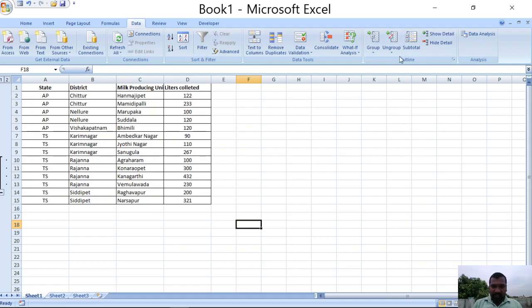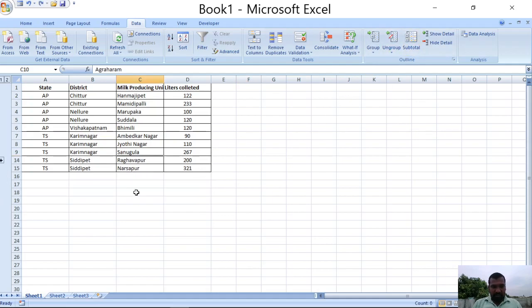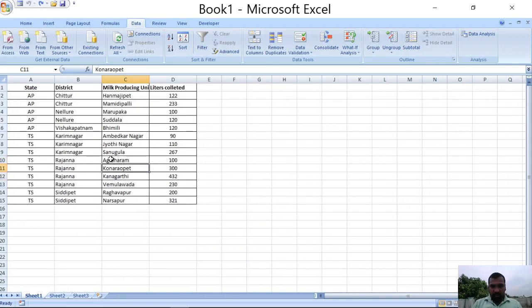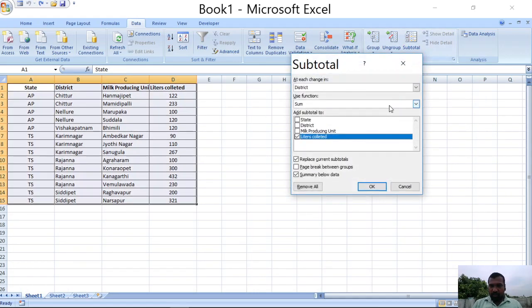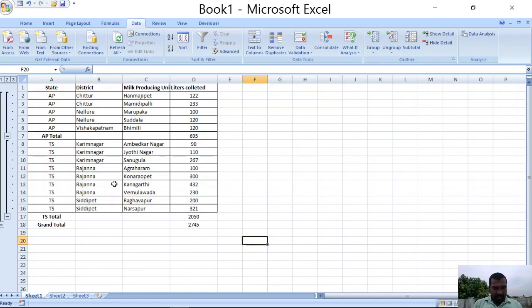If you want to display the subtotal, click any one of the cells, go to Subtotal, and for 'At each change in', choose the column for which you want to perform it. For example, if I choose state and click on OK, then the AP total will be displayed, the TS total will be displayed, and the grand total will be displayed.